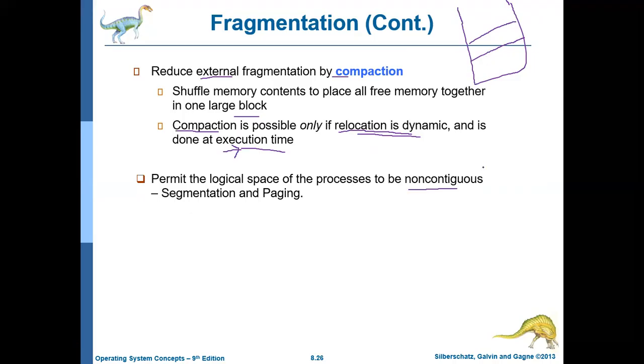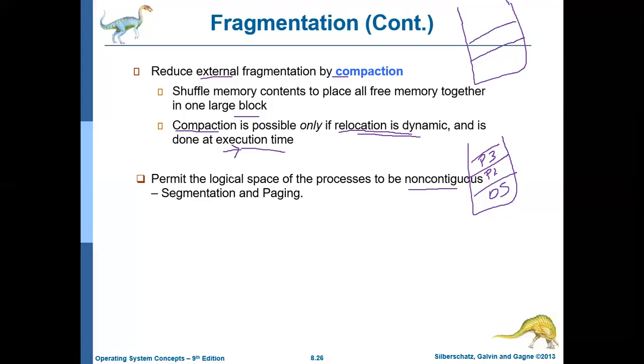But initially, when the memory is empty and only the OS is there, how is the remaining block allocated? It is allocated contiguously. First P1, then P2, then P3, it goes on that way. But the second way of dealing with external fragmentation says that if memory can be allocated in a non-contiguous fashion, then also external fragmentation can be avoided.